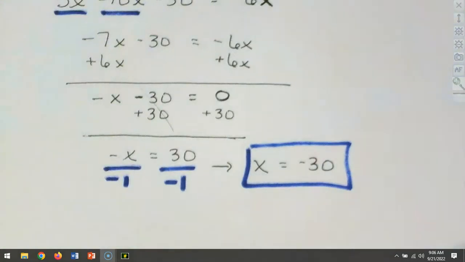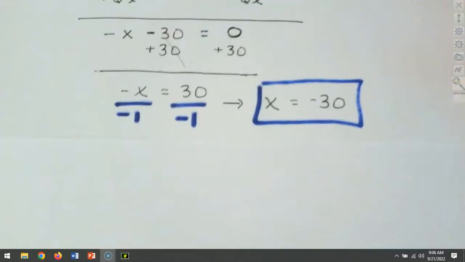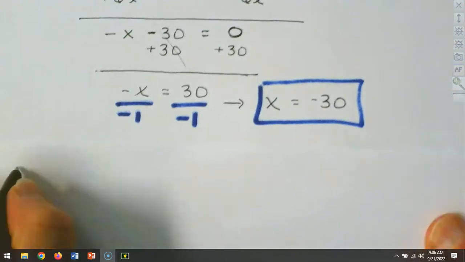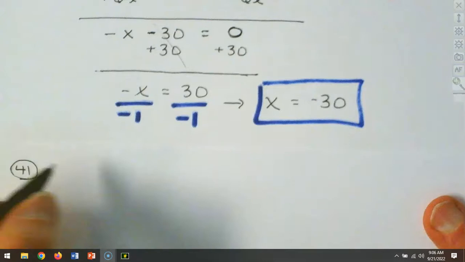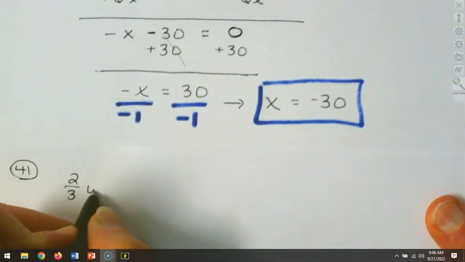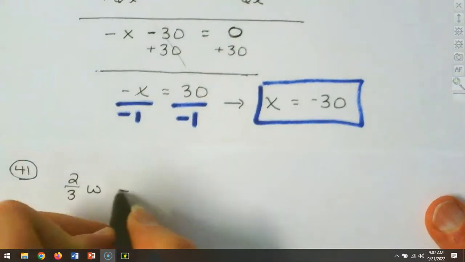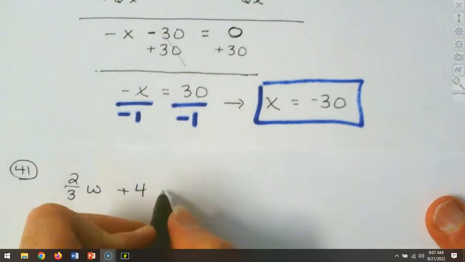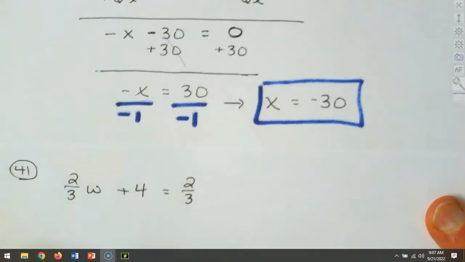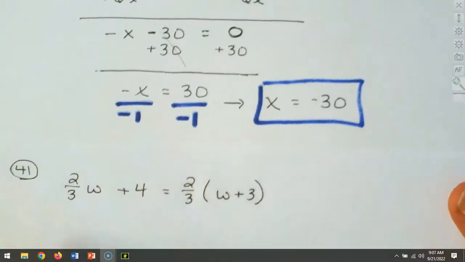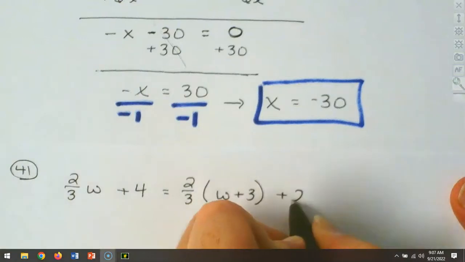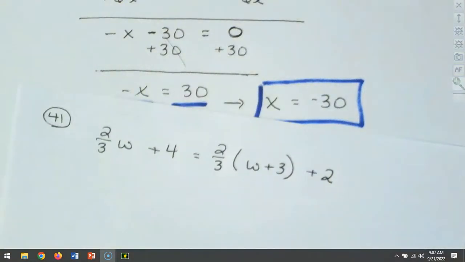Let's try another one. Question, how about question 41? So question 41, we've got 2/3 (w plus 4) equals 2/3 times (w plus 3) plus 2. Okay, now,